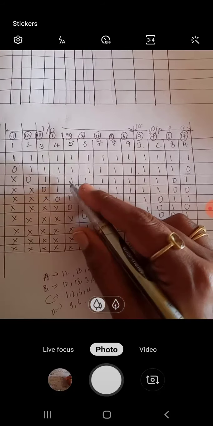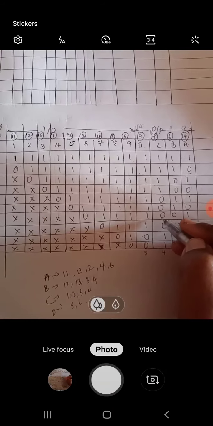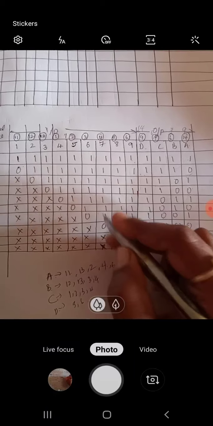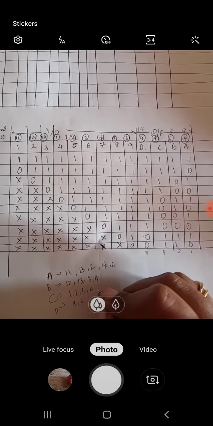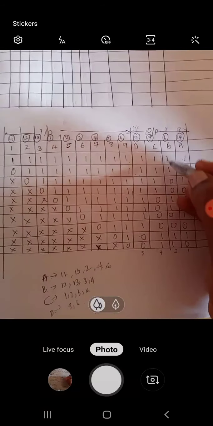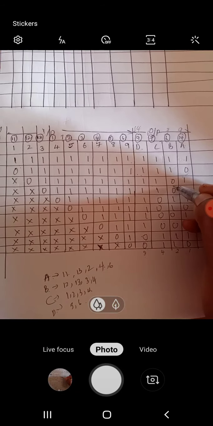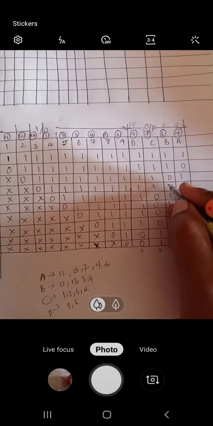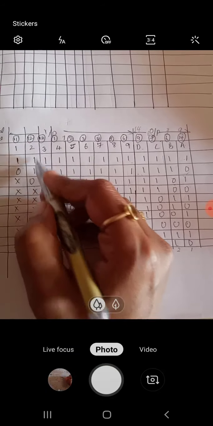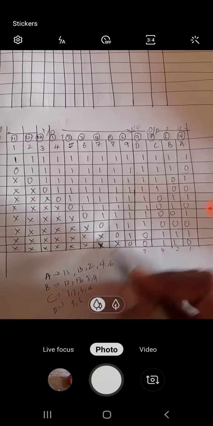Okay, so this is 0. This is 2. Again at this value of 0 you have to search for 0 here. So what is this? This is 3. Similarly here, what is this? This is nothing but 4. So 1, 2, 3, 4 for output signal C. Similarly for B. So where do you have? Here you have 0. So in this row you have to search for 0. So this is 0. So it means what is the number? The number is 12. So I have written 12 here.